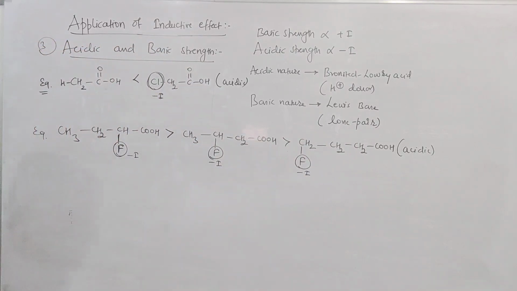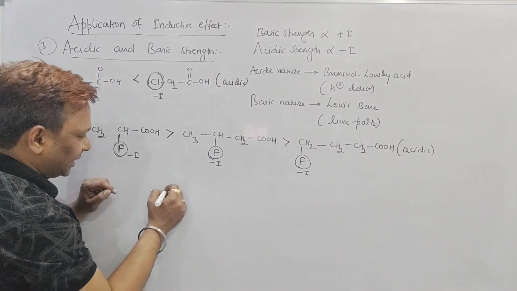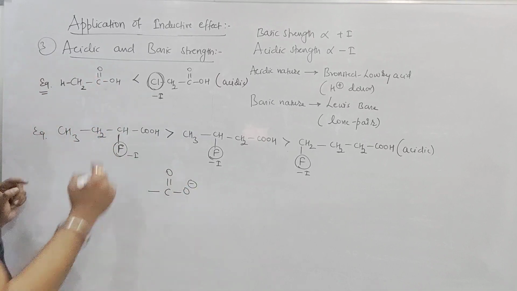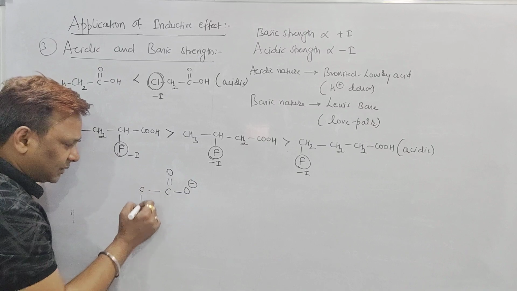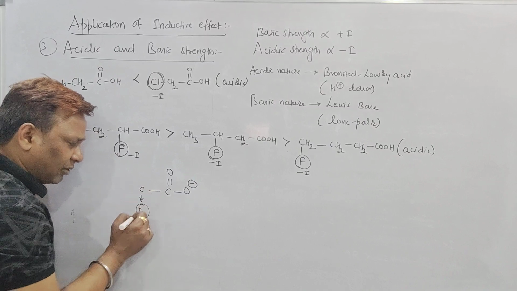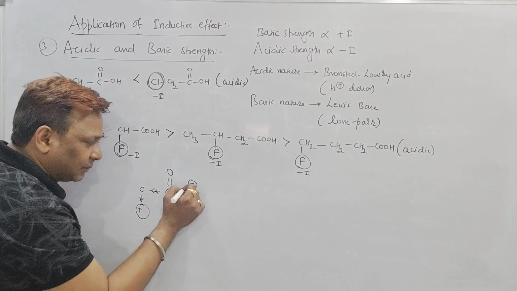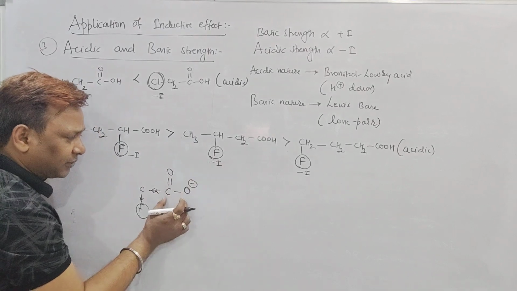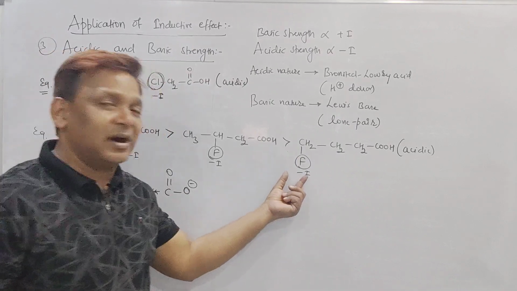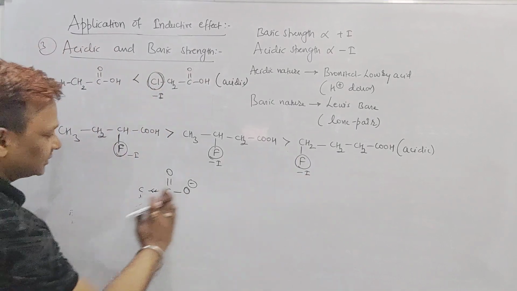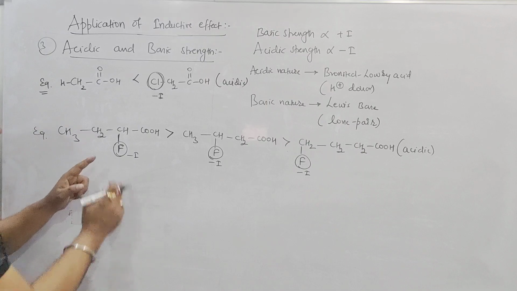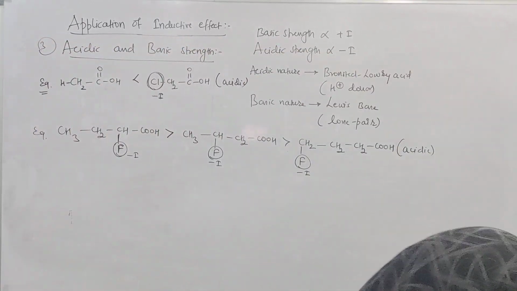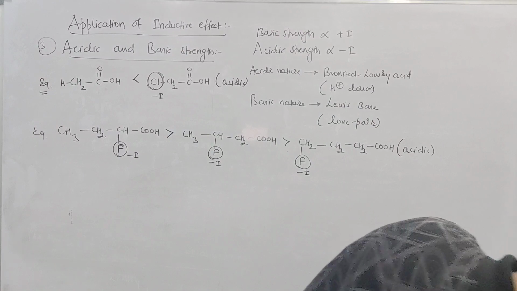If you want to see the carboxylate ion, we know how it will be there. COOH can be converted into COO negative. Now if it is attached with the atom having fluorine, it will withdraw electron from here, it will withdraw from here, and it will stabilize the negative charge. But in this case, fluorine is far away from the carboxylate group, and this is also far away, so acidic strength will be less. So what is the order of acidic strength, beta? Compound 1 is more acidic than the second one and then the third one. So this is the order of the acidic strength.